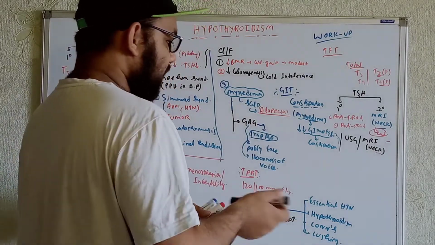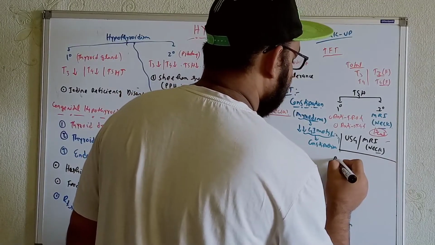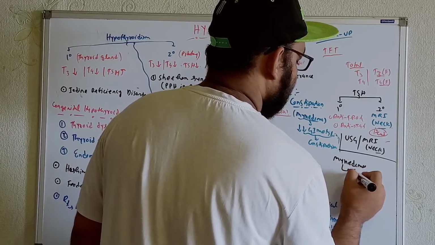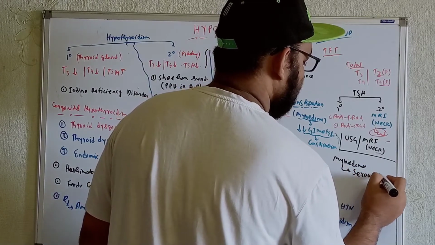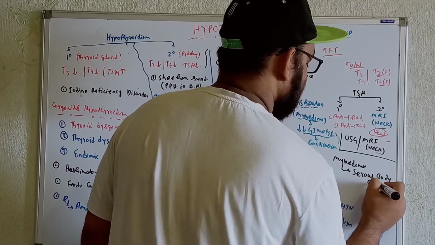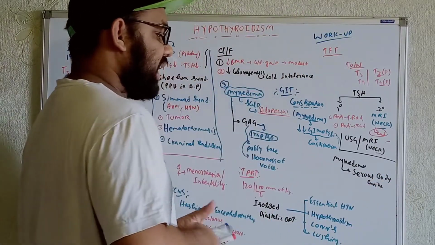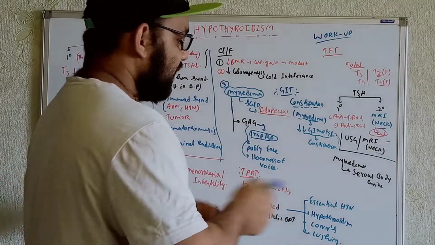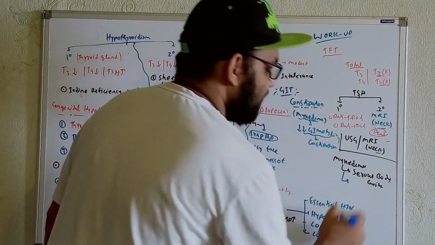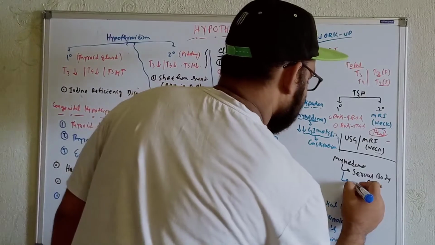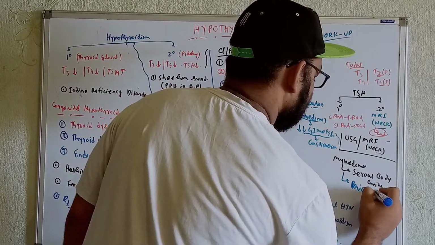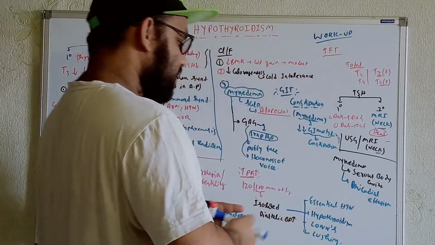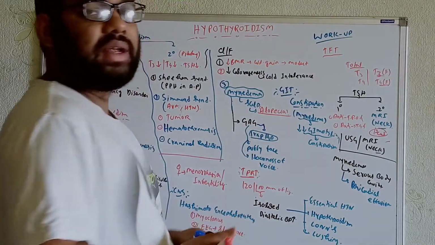So if we see over here, in terms of the myxedema, try to understand. We can get the accumulation of fluid within the serous body cavity, you can see over here. Especially in the serous cavity, that means within the pericardium, within the pleura. Now see, if we get the fluid within the pericardium, that is known as what? Pericardial effusion. So that is known as pericardial effusions.